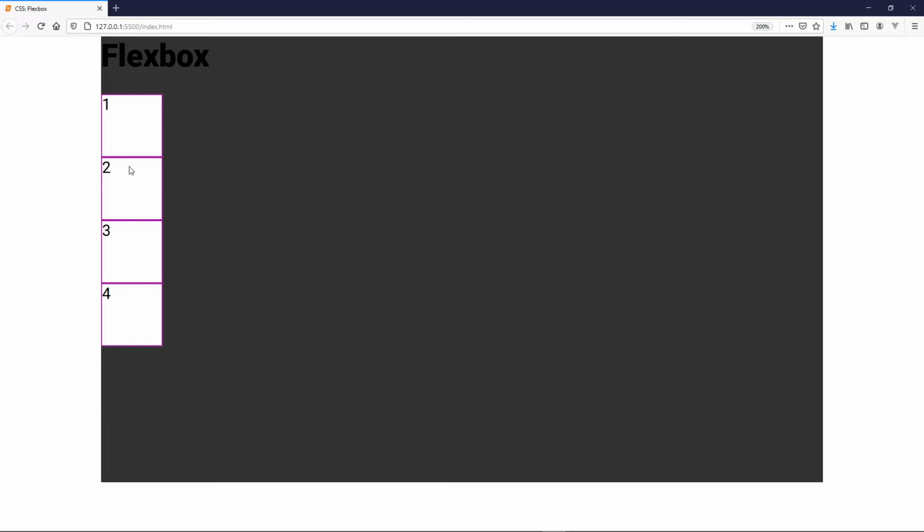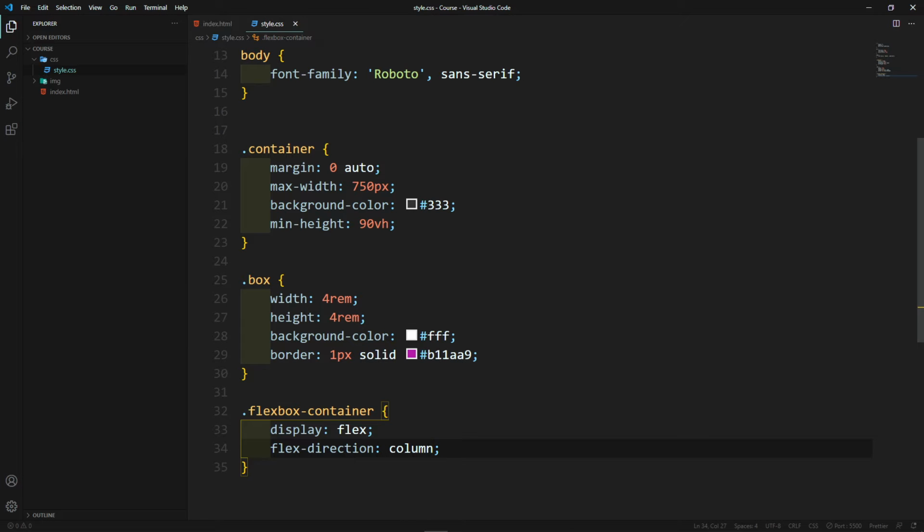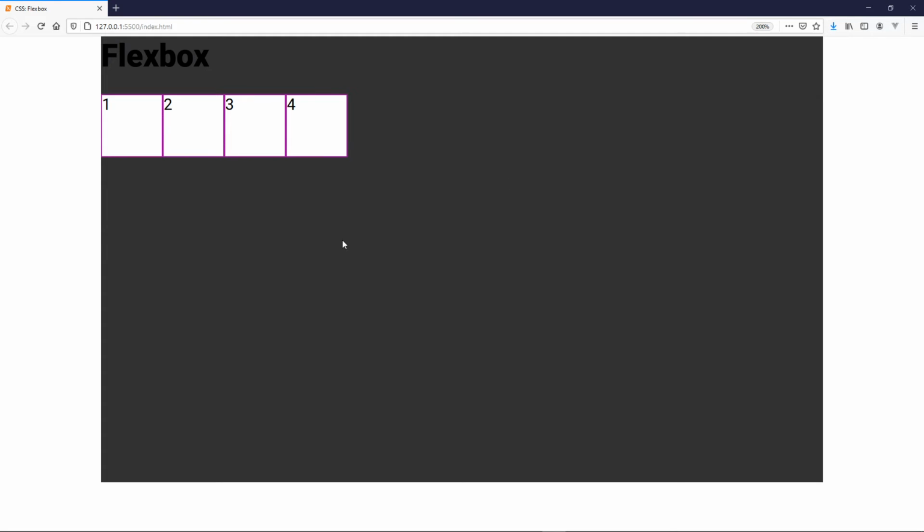So column is this way. And if we go back to row, let's go back to VS Code. If we go back to row, just type in row and save it, you will see it's this way. Now, what if we want to space them evenly and let them take out the whole width of the actual